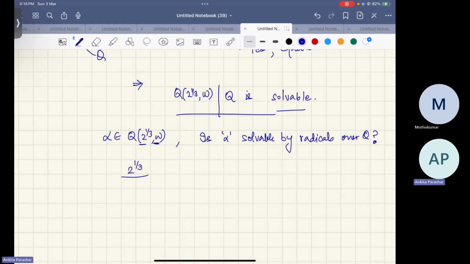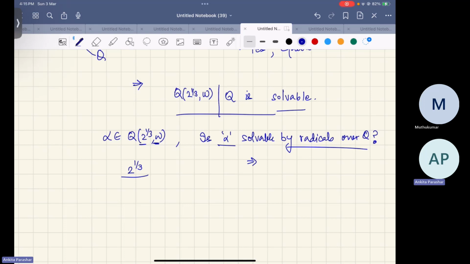Yes. Clearly, it is solvable by radicals. 2 is in Q and it is a radical. 2 power 1 by 3, correct. Solvability by radicals means that, of course, there are several ways, but then one way